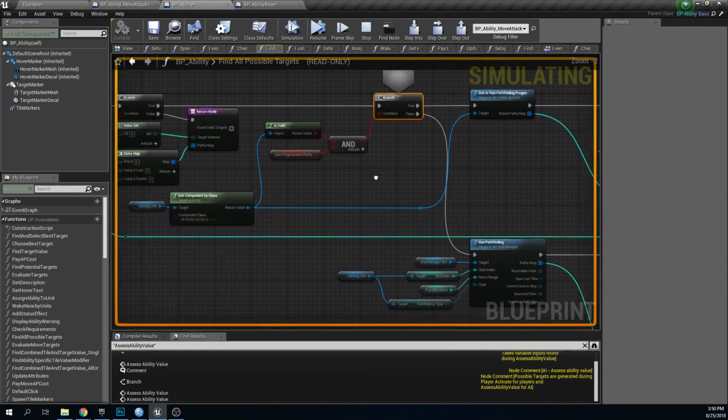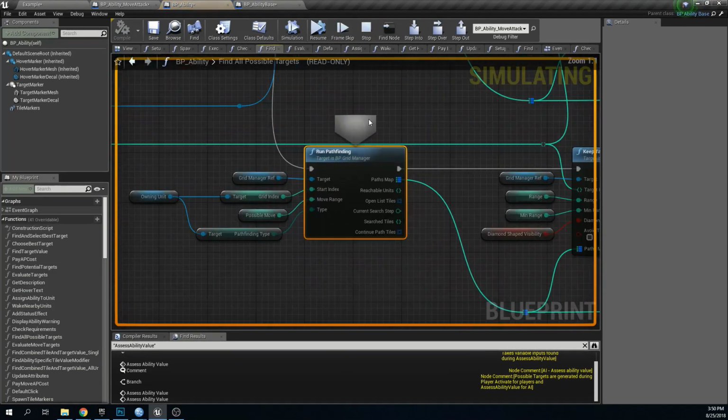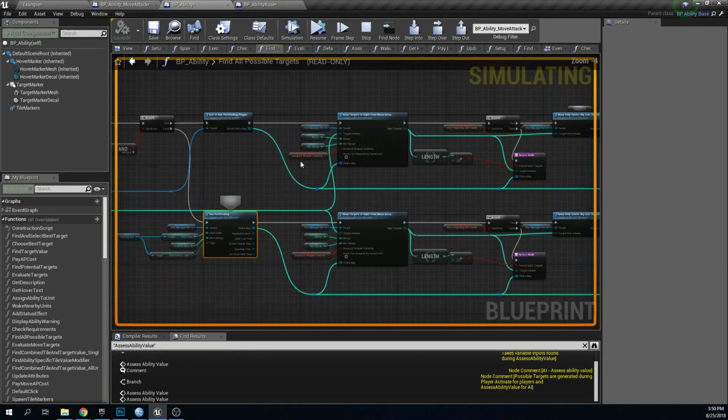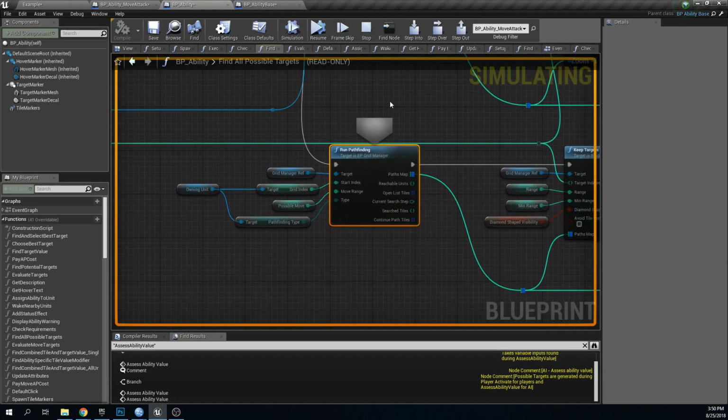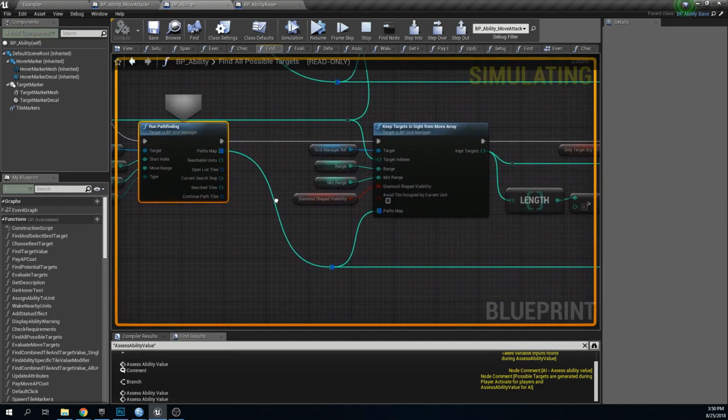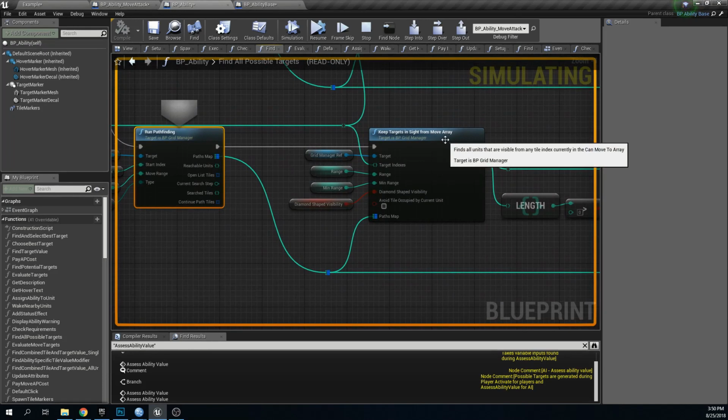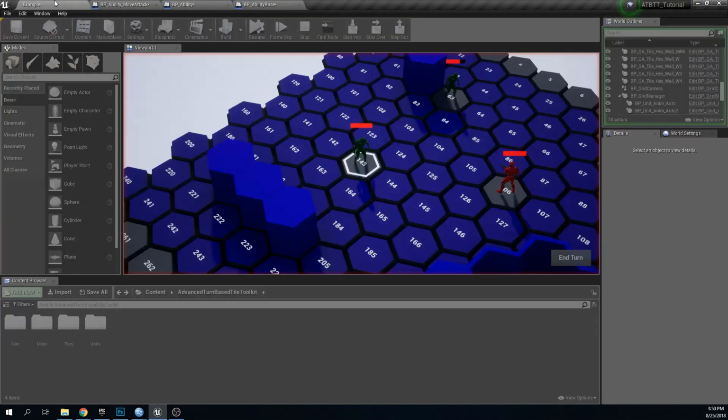So in this case we just go here. It will skip from here instead of doing this stuff, and then it will run pathfinding from this unit using its possible move, and then it will keep targets in sight from the move array. So first we just checked, okay, these units can potentially be reached, but now we want to check, can they actually be reached? And this happens by then this unit calculating pathfinding around itself, and then looks at these units and then checks